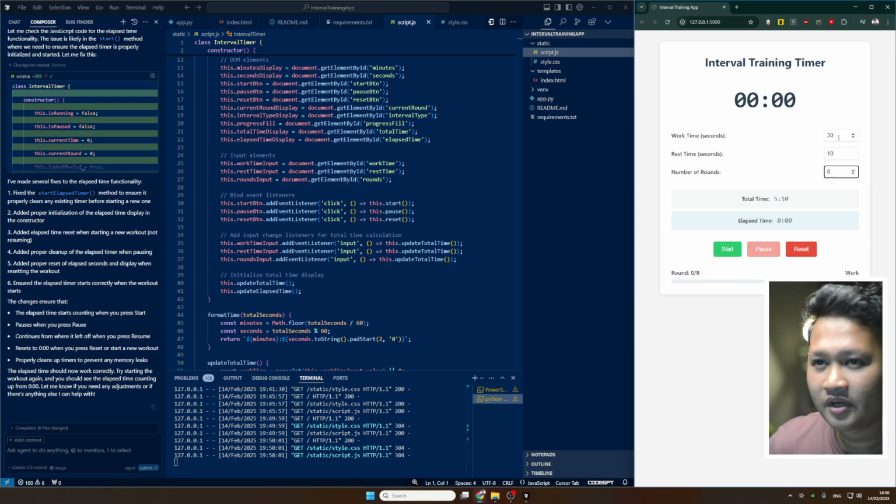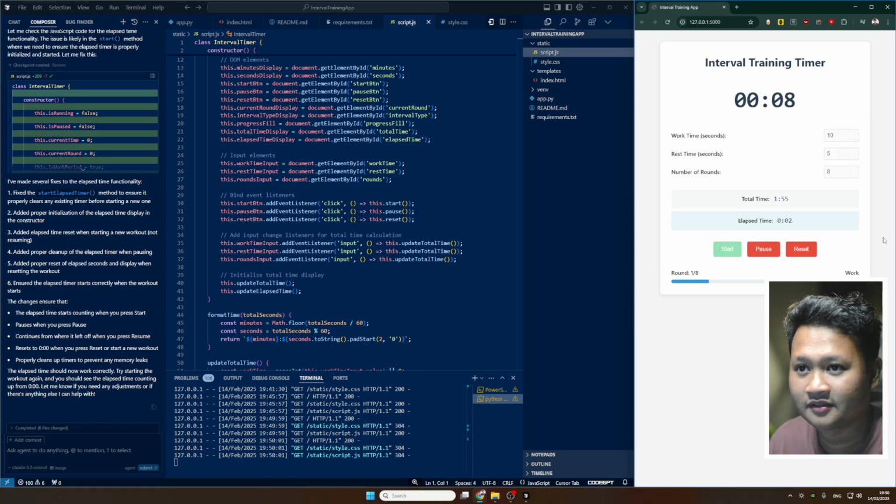And now our workout time is going to be, let's say, 10 seconds, to see what happens when you go to the end here. What it's going to do. Okay. So for example, let's get a total time of 1 minute 55. So it updated like it should. Okay. Then I work it down to seconds. Let's see what's going on if it's going to hit the